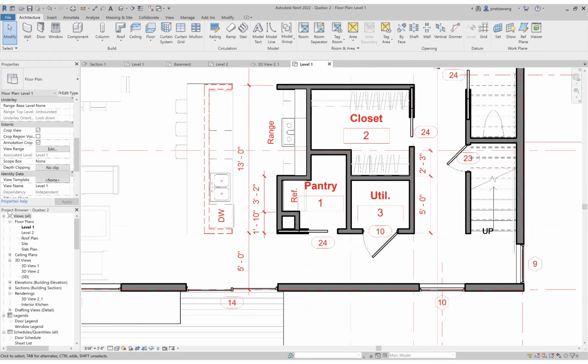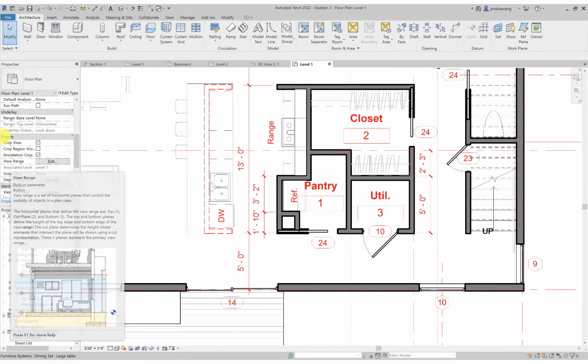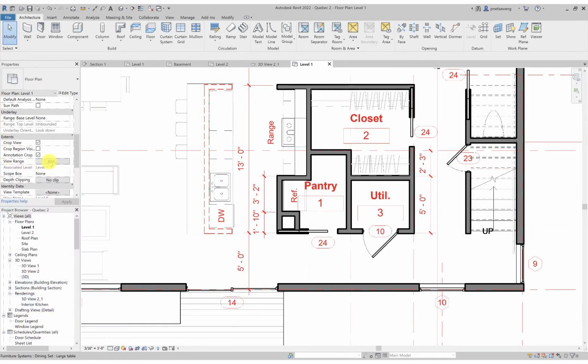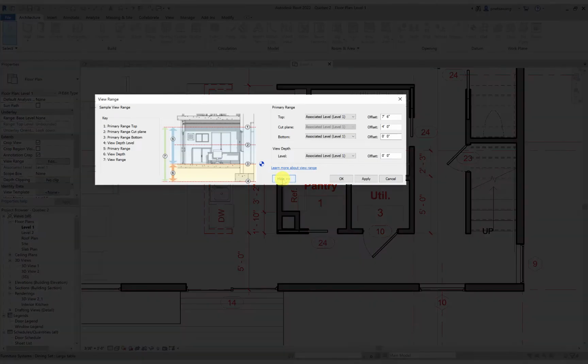Let's take a look at a diagram, and I will talk about this again in detail in video number 2. In order to get to the diagram, we will need to be on a plan view. It can be any plan view. Make sure that nothing is selected and the Properties palette shows the properties of the current active view. If you scroll down to about midway, you're going to see a function called View Range under Extents. Go ahead and click on Edit. It's going to give you this dialog box, and go ahead and click on Show to see a diagram explanation